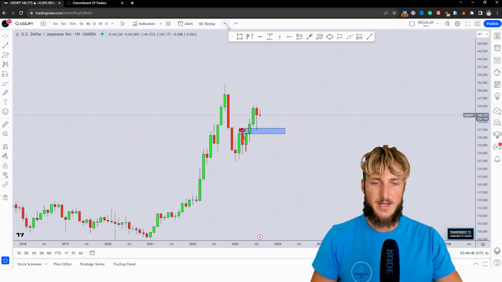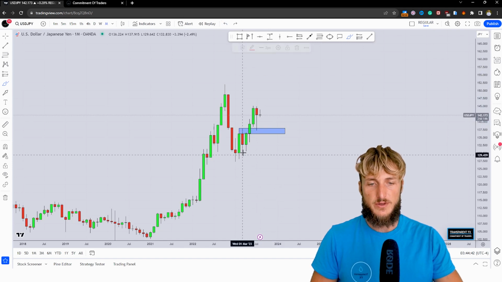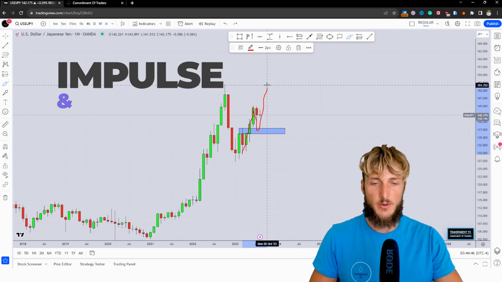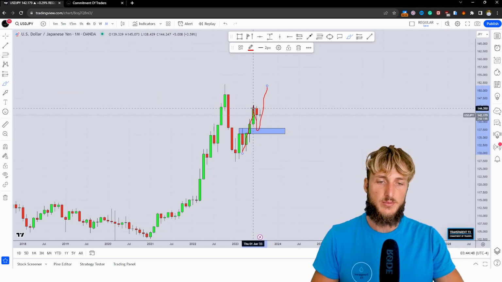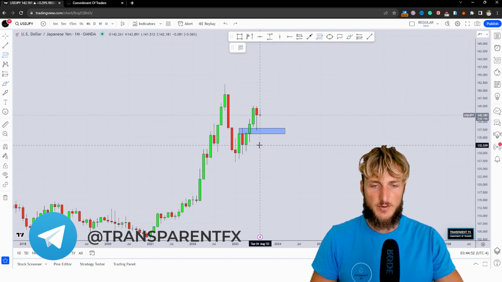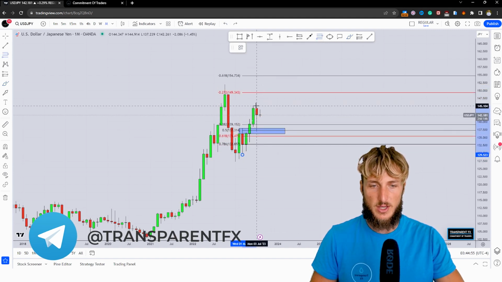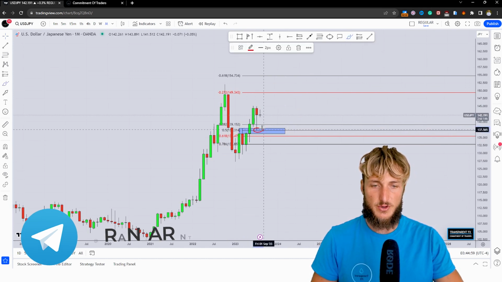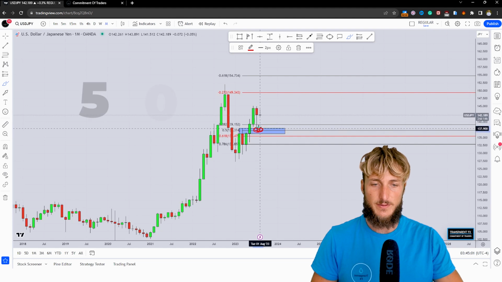Specifically, what we could expect is the potential completion of this monthly impulse correction and impulse pattern to the upside. Now, generally speaking, after an impulse, if you want to measure the correction, what you have to do is take your Fibonacci from the low to the high of the impulse leg. And what we can see here is that the market has in fact created a correction exactly to the 50%